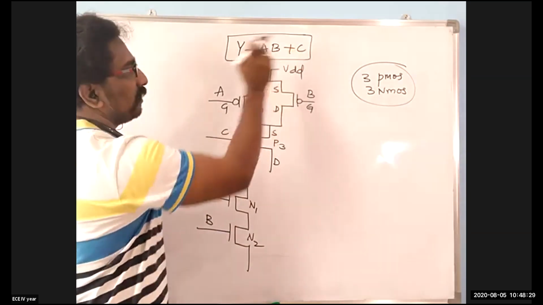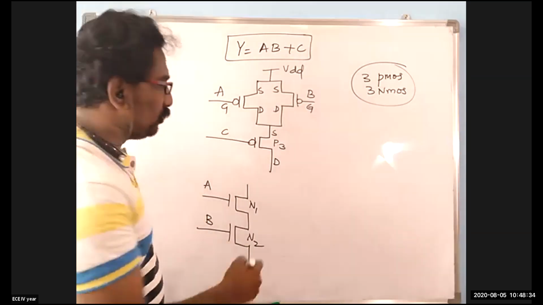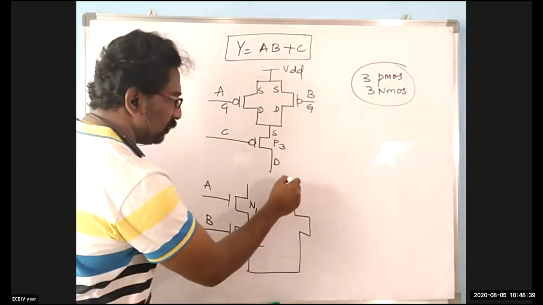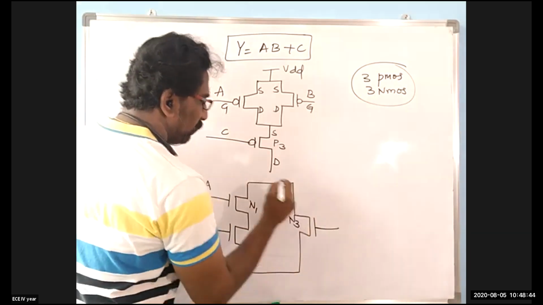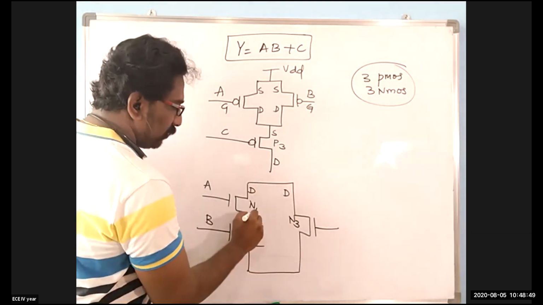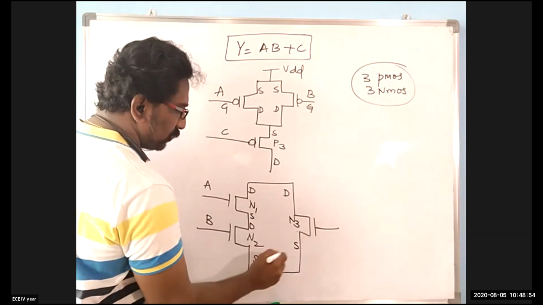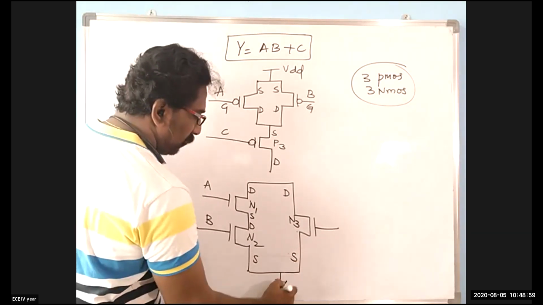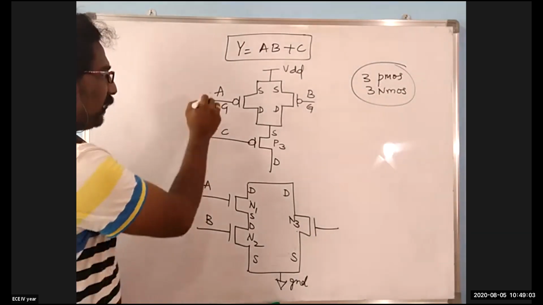The third N transistor should be in parallel to the N block, which means for the entire set it is parallel. For the two NMOS it will be parallel. So this is your N3. This is a shorted drain of N1 and N3, and this is your source, drain, and source. The shorted sources are again connected to the ground terminal, and later make the connections of all your inputs.